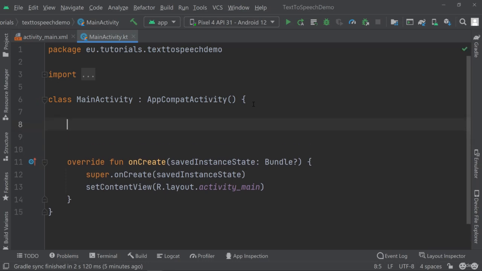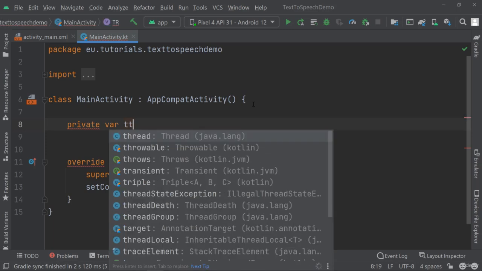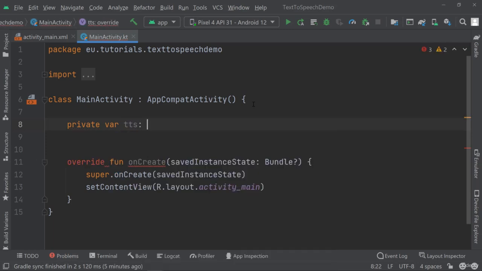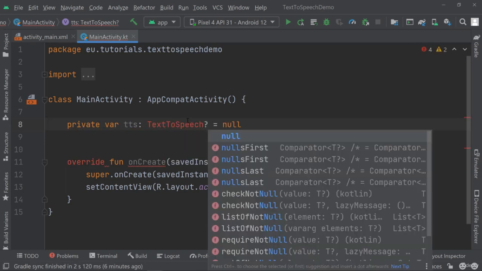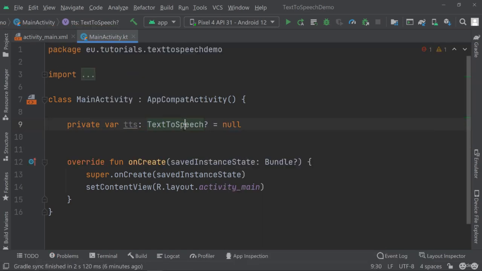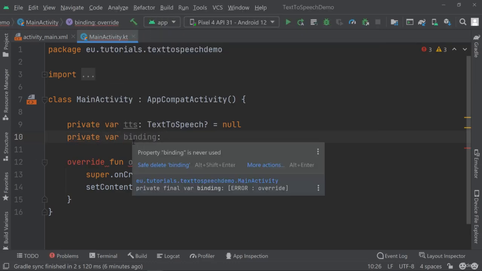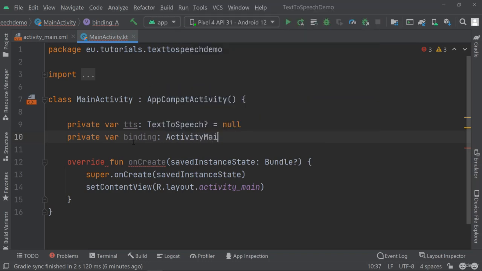First of all, we need to create a text-to-speech object. So I'm going to create a private var TTS, which is a shortcut for text-to-speech. You see there is this class called TextToSpeech. We need to import it, of course, and this will be nullable because I'm going to use it throughout this class that I have here. And then I'm also going to use data binding. So let's use a binding object, and this will be the ActivityMainBinding,